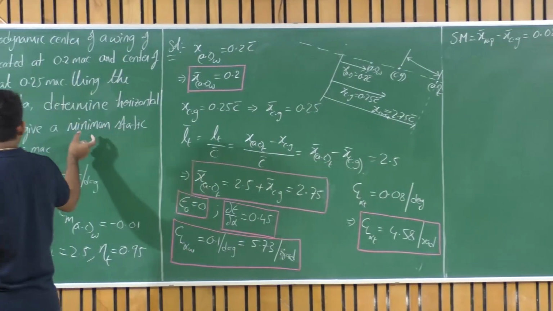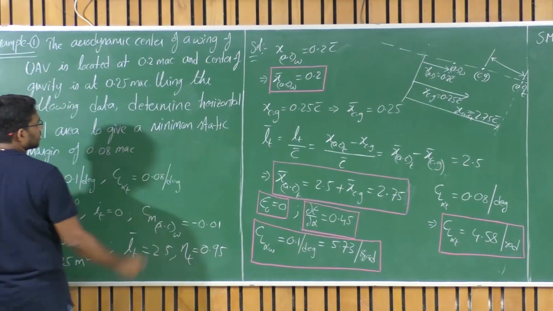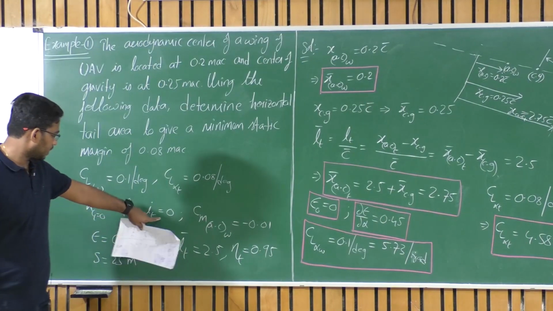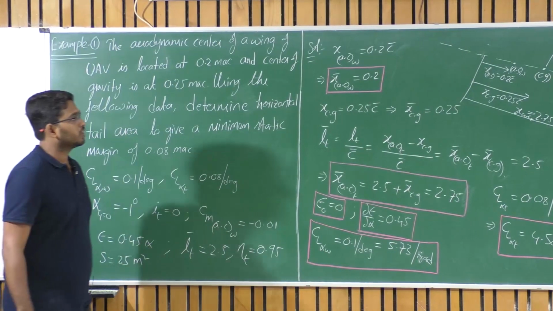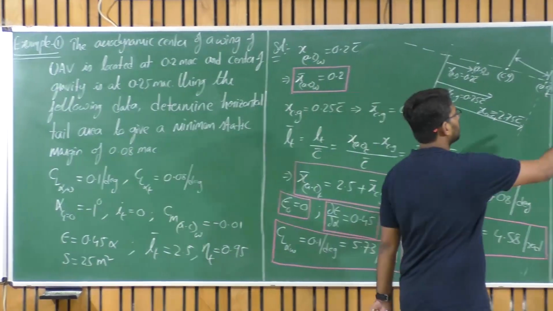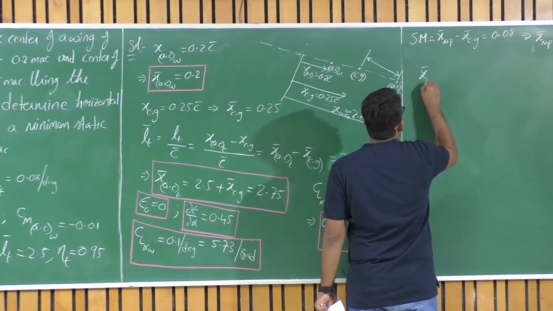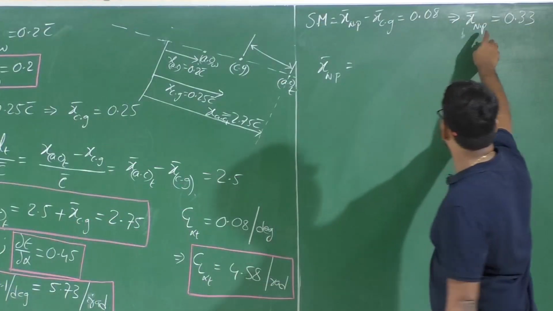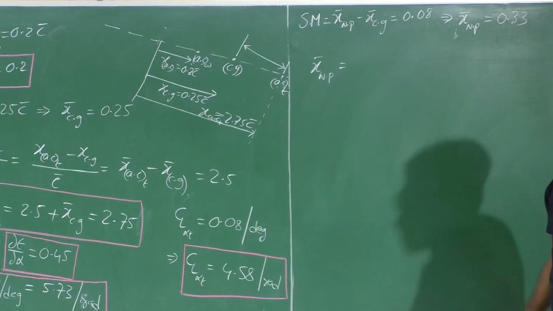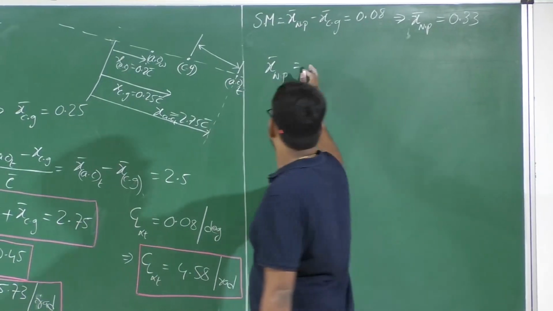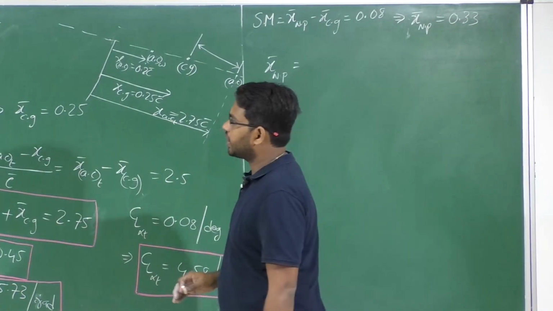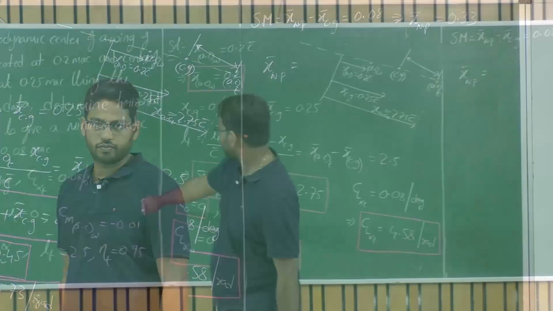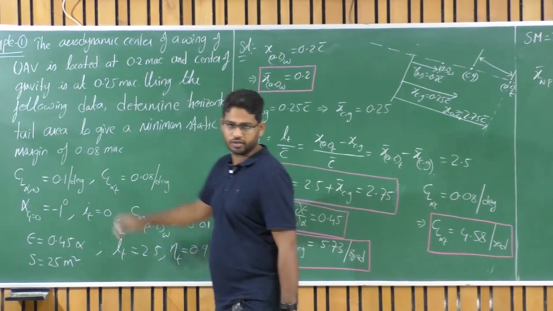Now with this data I need to figure out what the tail area is. We also have the tail setting angle, data about tail setting. From the definition of neutral point, X bar NP, can we find out something? So I immediately can see what X bar NP is from the definition of neutral point, right. So I will try to figure out whether I will have adequate data to find out what ST is in order to have this particular static margin, right?